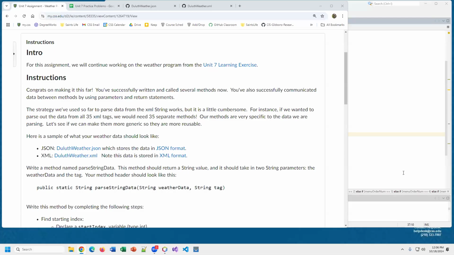I'm going to give you a hint. I see a number of you working on the assignment. I'm going to give you a couple hints for the assignment there. So